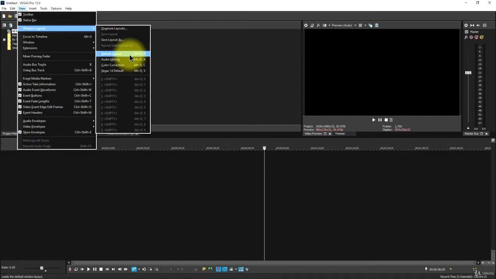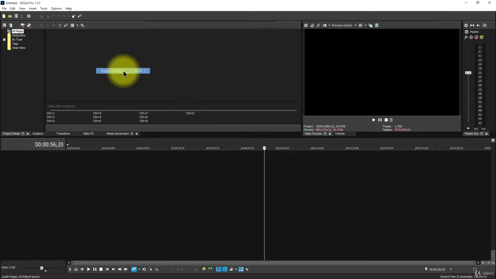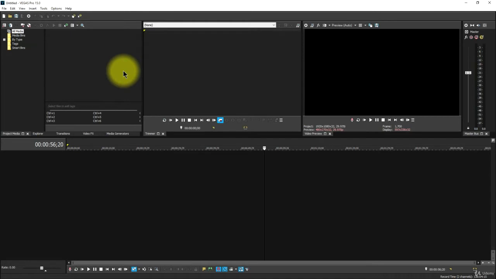Now, they've also provided several other layouts here that you might want to use for certain things in your workflow. Like there's one for audio mixing, there's one for color correction, and they even include this, Vegas 14 Default. Let's click on that. Now, if you've used Vegas Pro 14, you're probably used to this layout, or you may be used to this layout. And if you want to go back to that layout because you like it, you can select the Vegas Pro